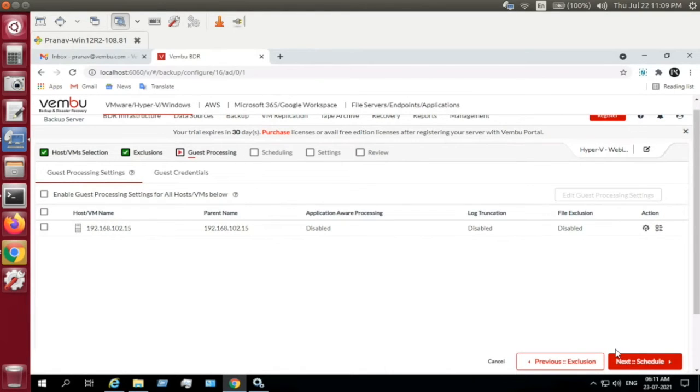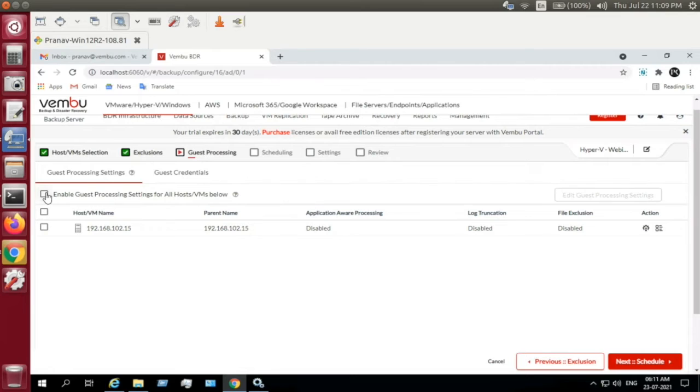Immediately after that, if you want to take a backup of your application virtual machine, or a virtual machine that is running any of your applications, then you have this process called AppAware. You can enable that through these guest processing settings.